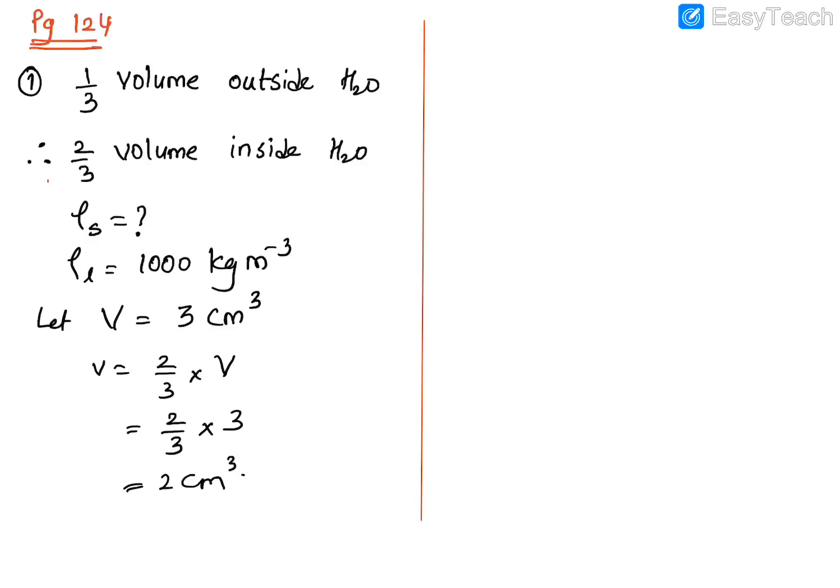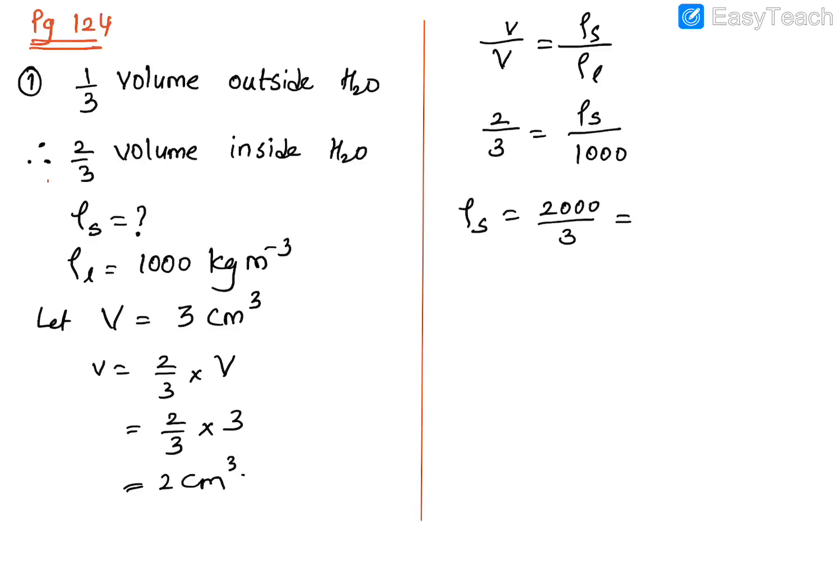Now let's start the problem. So small v upon capital V is equal to rho s upon rho L. Small v is 2, capital V is 3, rho s is how much? We don't know, and rho L is 1000. Cross multiply, you will get 2000 upon 3, and that's